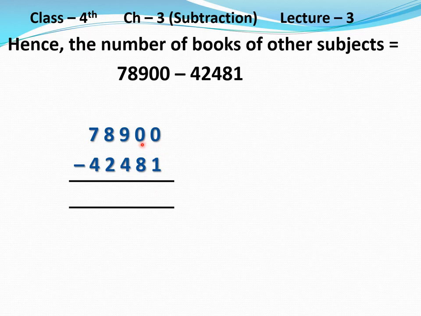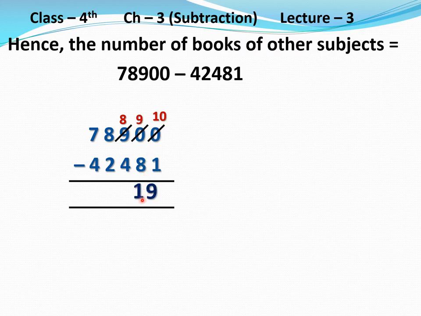So, we will take borrow from this next number. We can't borrow from 0. So, we will take borrow from this 9. So, this 9 will become 8. Now this 9 will give borrow to this 0. So this 0 will become 10. Now this 10 will give borrow to this 0. So this 0 will become 10 and this 10 will become 9. And this 9 will become 8. So write down 10 minus 1, 9.